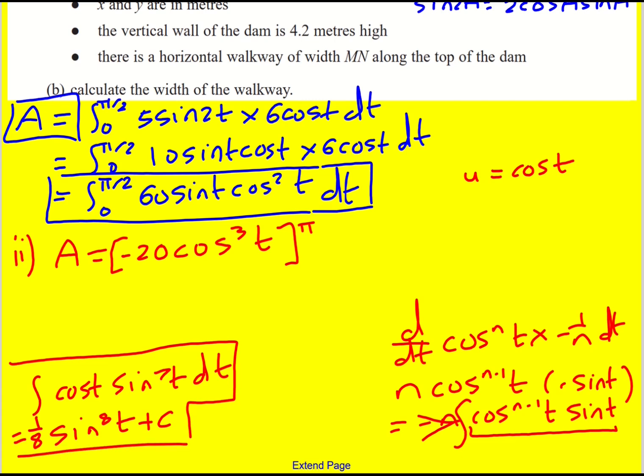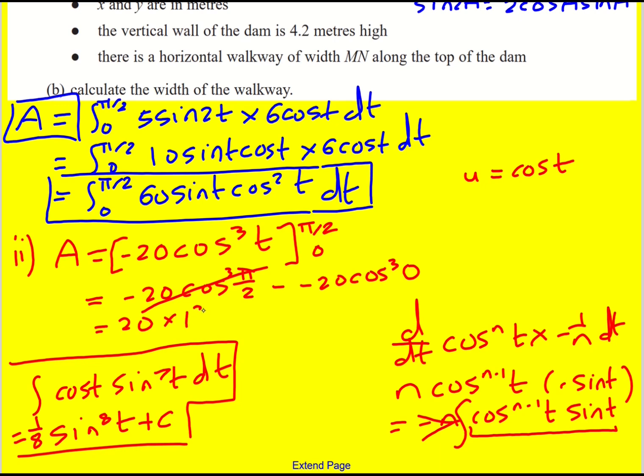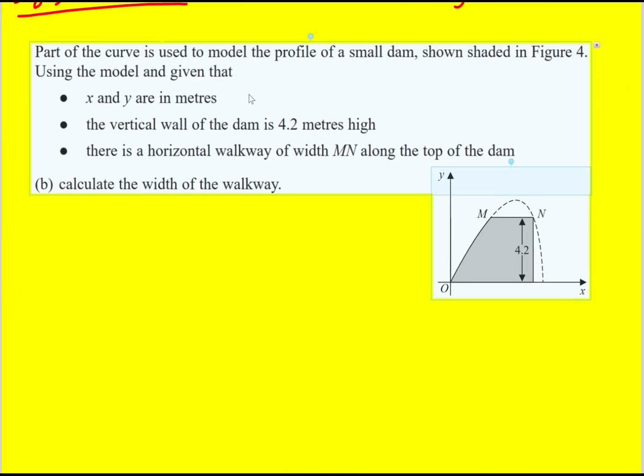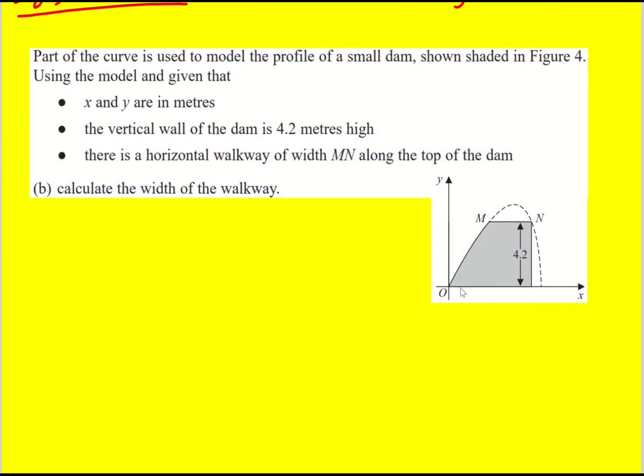Okay, finishing this off, we're nearly there. So now it's going to be minus 20 cos cubed pi over 2 minus minus 20 cos cubed 0. Cos of pi over 2 is just 0, so I'm just going to get 20 times cos 0, which is just 1, 20 times 1 cubed, which gives me the area of 20 that it's talking about. Nicely done. There's one final part of this question. Here it is. We're told that part of the curve is used to model the profile of a small dam,